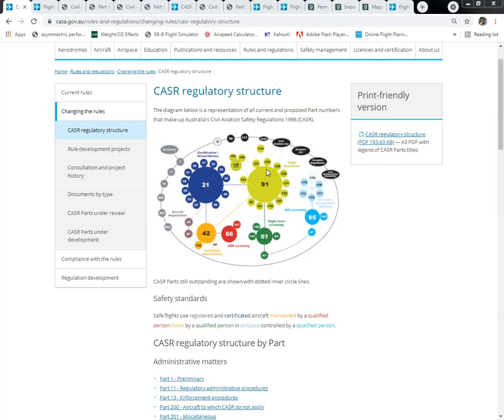Now, another of the changes is that following on from December, there'll be no distinction between charter and RPT. It's all passenger air transport if you're carrying passengers for hire or reward. Cargo air transport is also an air transport operation. So pretty much the only thing that won't be an air transport operation of some sort is private, which is going to be covered under Part 91, and aerial work, which has its own section of CASR 138.